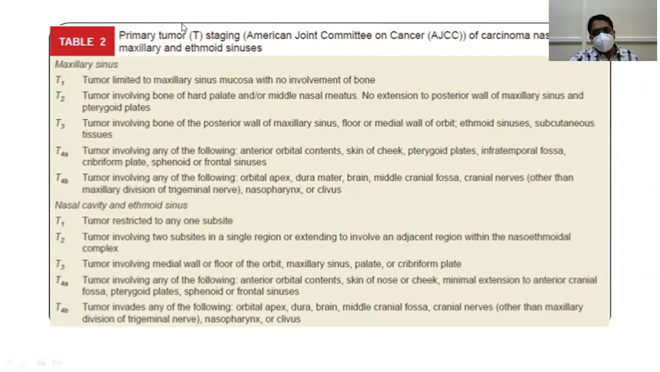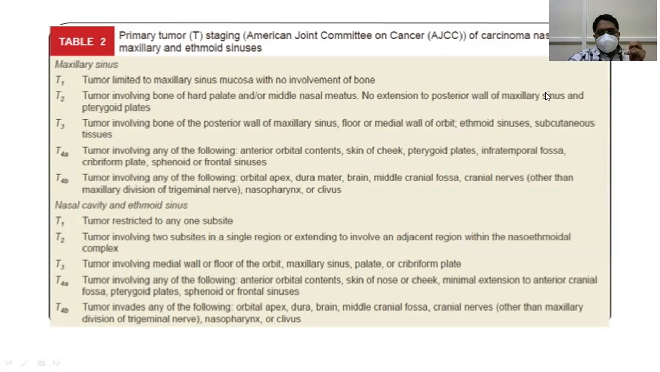Okay, the floor and medial wall of the orbits are involved. That is T3: posterior wall of the maxillary sinus and walls of the orbit. That's mainly from the maxillary sinus. What walls are involved mainly? Floor and medial walls. And T4,